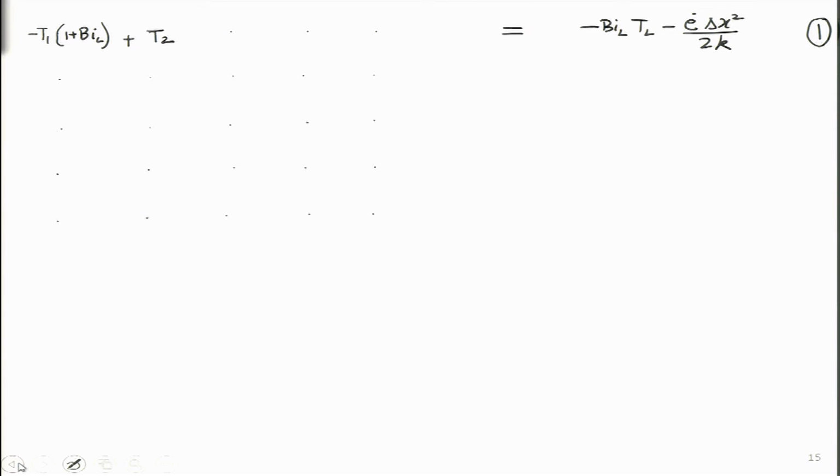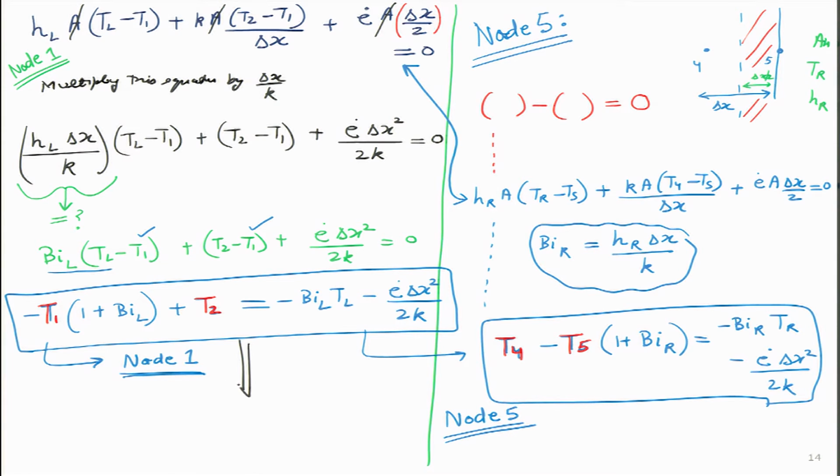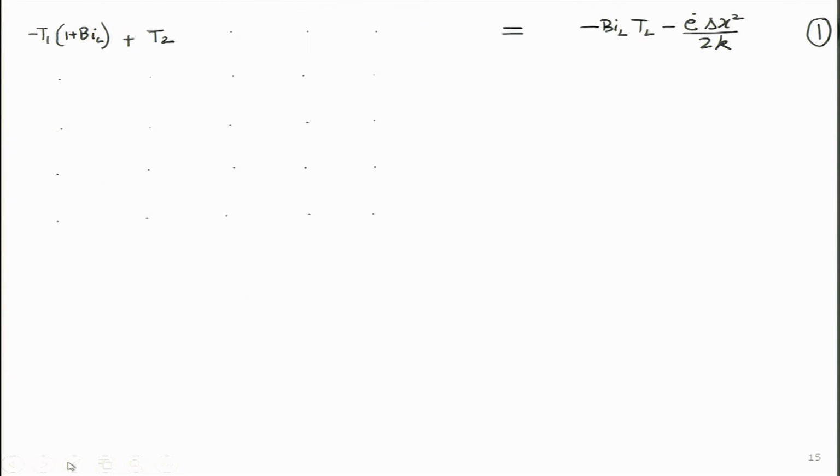If I want to check what I have just written, I will go back very quickly. So, this is the equation that I just wrote using the black ink on the right hand side. So, we can confirm the coefficients for T1, T2 and the right hand side. The coefficient for T1 is minus this, T2 is 1, on the right hand side we get that. I hope this point is clear, that is why I am doing it a little bit slowly. Now, I have to write the next equation which will be for node 2. Then I will write for node 3, then for node 4, and finally I will write for node 5.